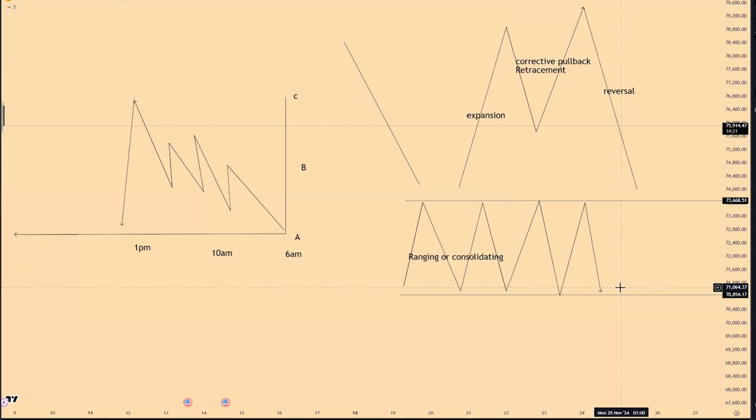So now, enough of the schematics. We are going to go to the charts and identify an expansion market. We are going to try and identify a corrective pullback, and we'll try and identify a reversal within our markets. So when we understand this, we understand how the market is moving. So let us go to